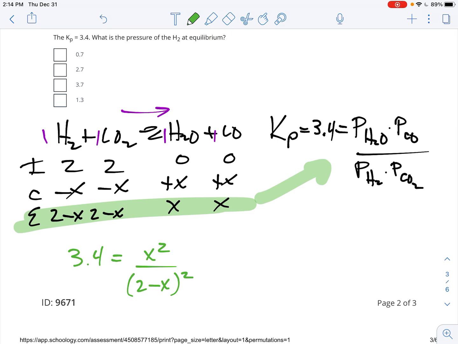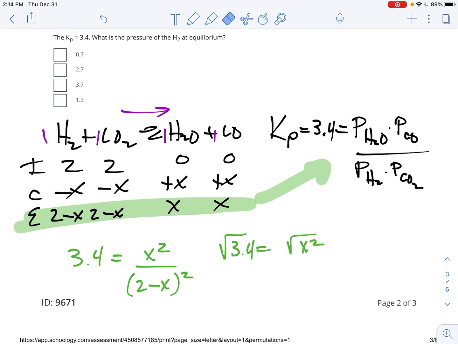Now, if you'd like to, you could do this awful quadratic thing, or if you've got one of those fancy calculators and you know how to plug this in to solve for the real root of that, go ahead. But I'm going to cheat. I'm going to do things a little bit easier because the math allows me to do so. This is a squared and this is a squared. So how do I undo a squared? Well, I just take the square root. And if I take the square root of everything on the right, then I can take the square root of everything on the left. So it's going to be the square root of 3.4